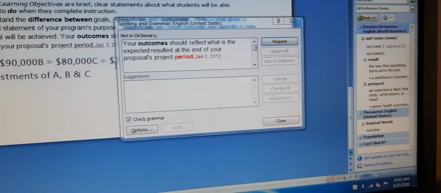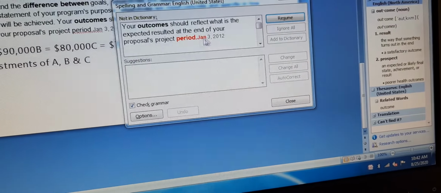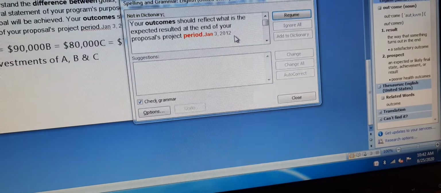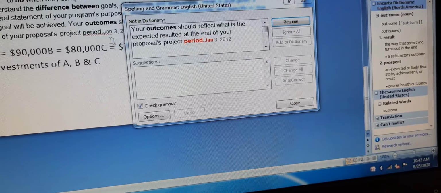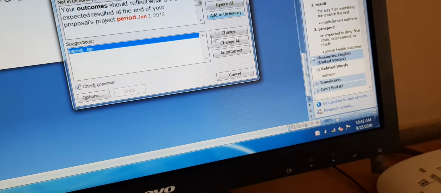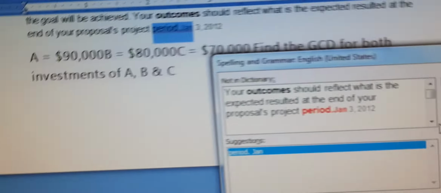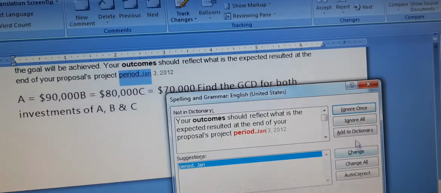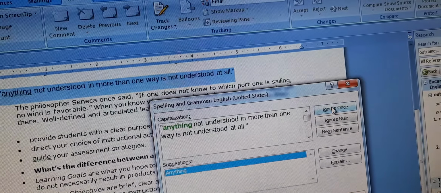Then it is showing us one more mistake, that is period dot Jan 3rd 2012. Here you can make the changes or you can leave it. I will ignore it, ignore once.